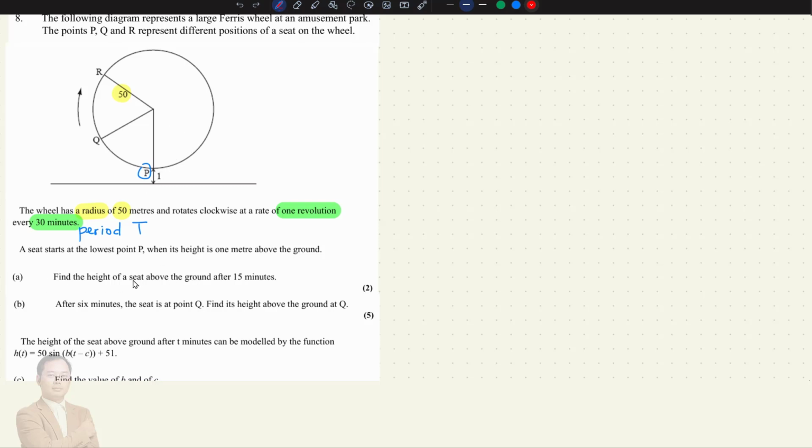Question A. Find the height of the seat above the ground after 15 minutes. Okay, the point so that we can answer this question is this given time, 15 minutes. That 15 minutes is exactly 1/2 of the period, which is 30 minutes. Therefore, after 15 minutes, the point P here will rotate half a cycle to this highest point, meaning that the